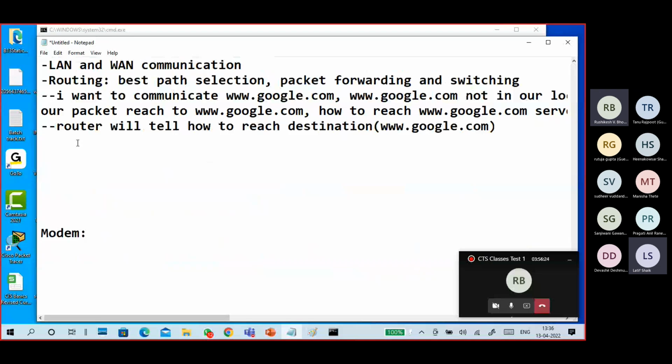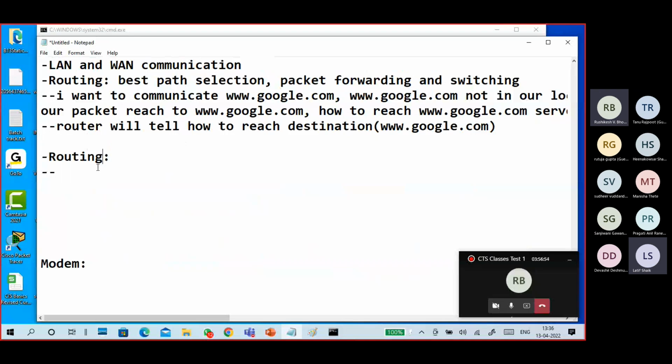The router uses routing protocols to get to the destination. What are these routing protocols?